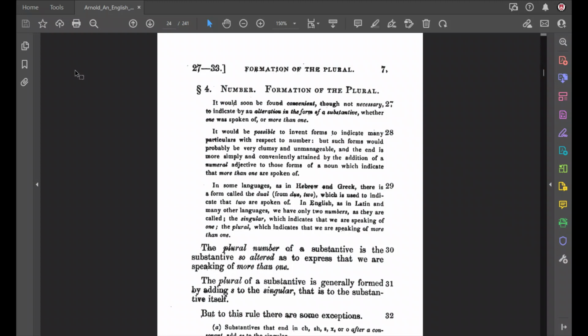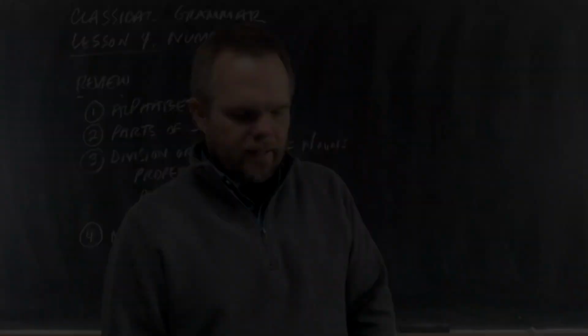In some languages, such as in Hebrew and Greek, there is a form called the dual, which is used to indicate that 2 are spoken of. In English, as in Latin and many other languages, we have only 2 numbers. The singular number, which indicates that we are speaking of 1, and the plural, which indicates that we are speaking of more than 1. Okay, so